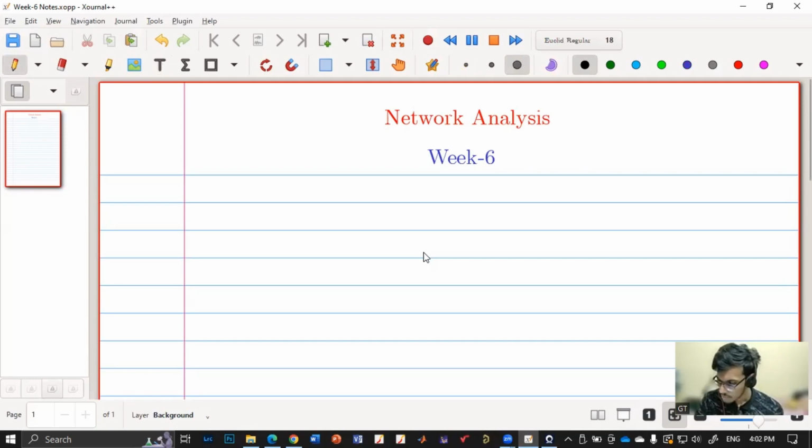Okay. So week 6 is about circuit analysis using Laplace transform. So this entire week is about Laplace transform, how we can use Laplace transform in series RLC network, and how to get the solution for series RLC network using Laplace transform. So the heading of today's discussion is circuit analysis